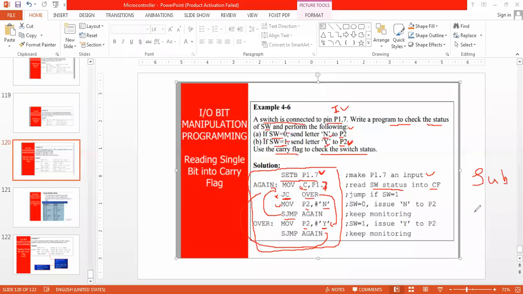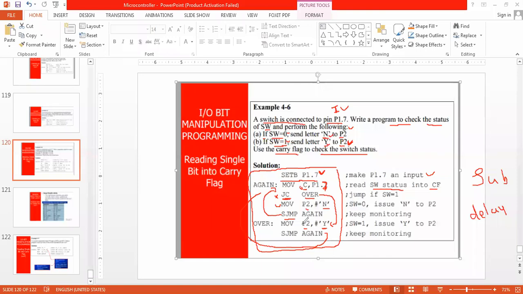See, when a delay is to be generated inside the main program, if suppose I am calling a delay program 10 times, then in the same main program I cannot write the delay instructions 10 times.